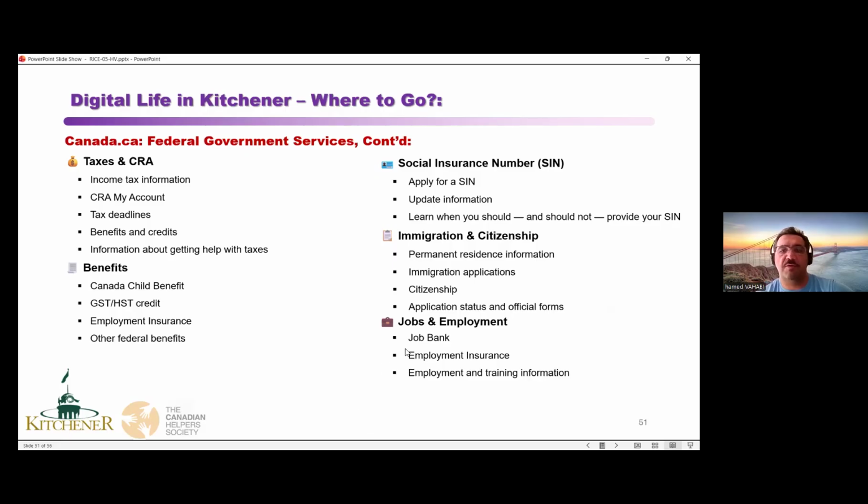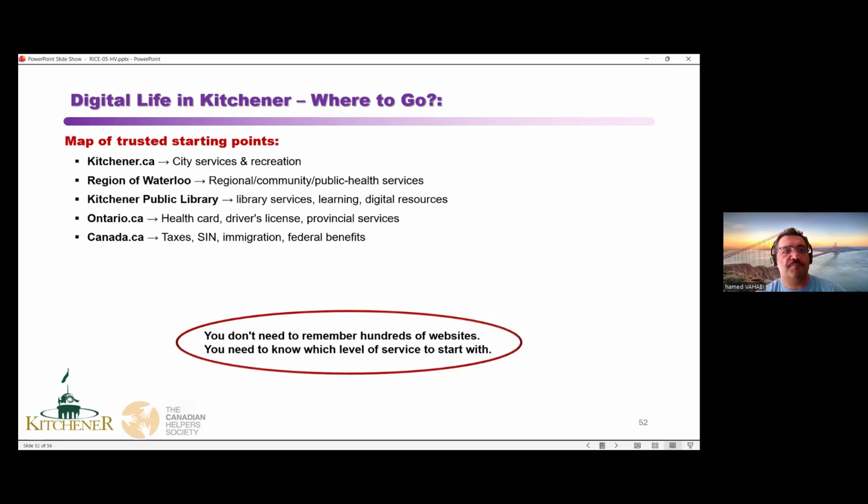And also for jobs and employment, you can find them in the Job Bank. We'll take a look at that. And about employment insurance and employment and training information, all available in canada.ca for you. Okay, so